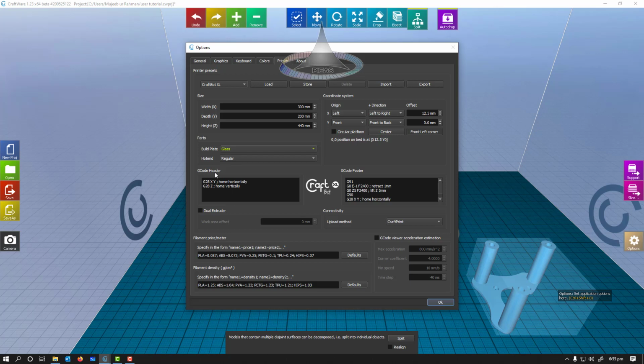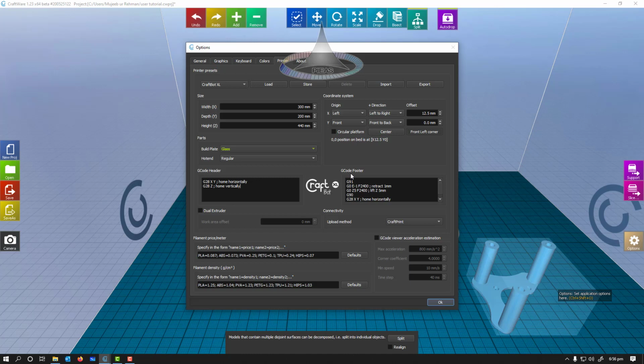Now next thing is G code header. If you are going to slice the object, there will be a developed code known as G code. You already know. But before the G code, the machine will run some commands, and after the G code, the machine will run some commands. So these are the default commands which will be run on the machine before the G code obtained after the slicing. So this command represents moving the header to the home.